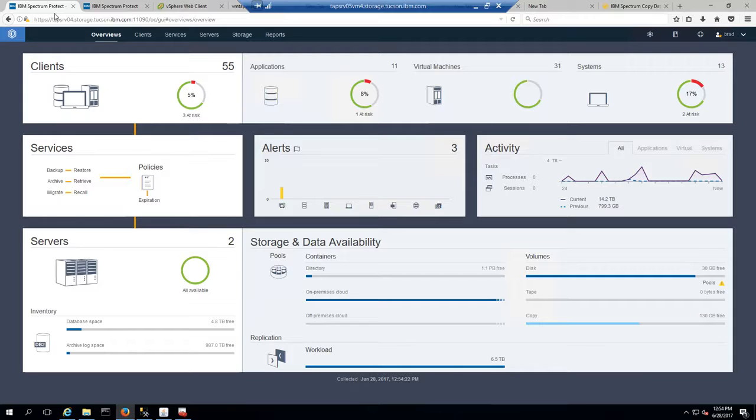Those types of features in the end are going to save the customer a lot of money because we're only backing up the needed information. We're not backing up repetitive information. We're not taking up extra resources. And therefore, you're going to have a smaller footprint for your data protection environment that's going to cost you less money. But this Spectrum Protect is highly efficient and highly effective also for the end user because when they're utilizing it,